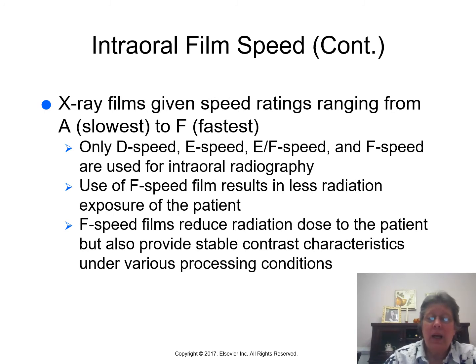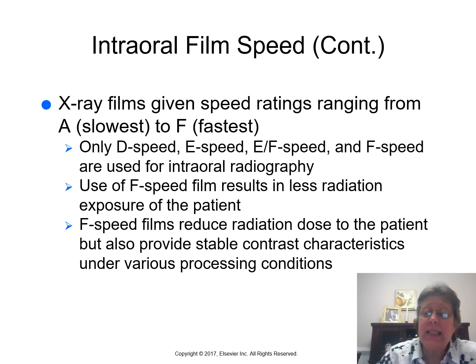Intraoral film is given a rating depending on how fast it soaks up that radiation. A is the slowest speed film available. F is the fastest. Only D speed, E speed, and F speed film are used for intraoral radiography. We use F speed film because that is the one that requires less radiation to the patient. The F speed film reduces the radiation dose to the patient, but it also provides a radiograph which has varying levels of contrast,